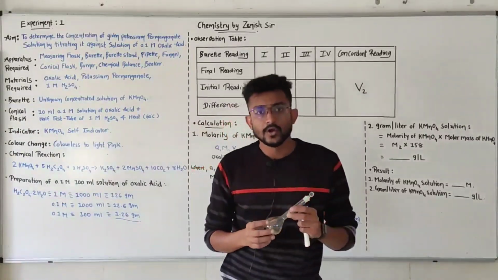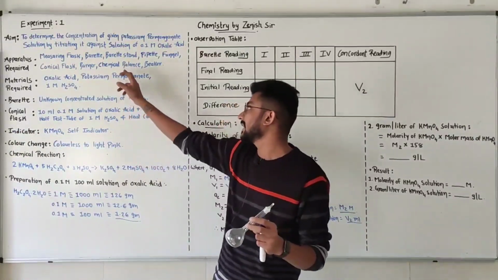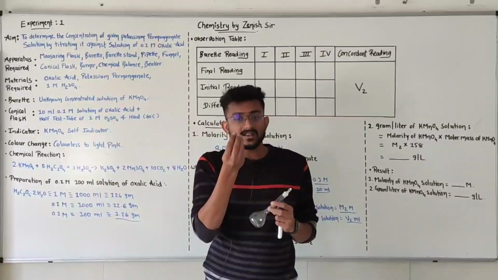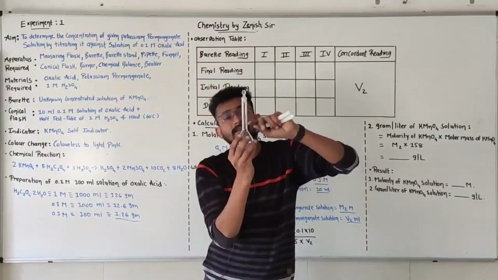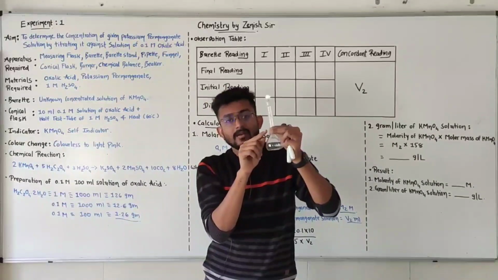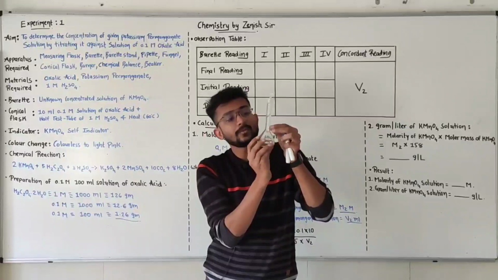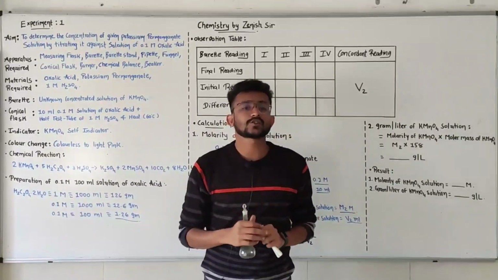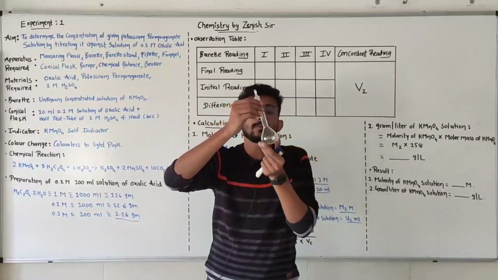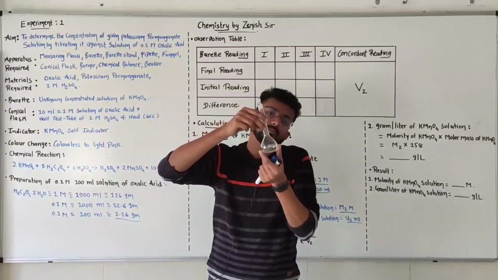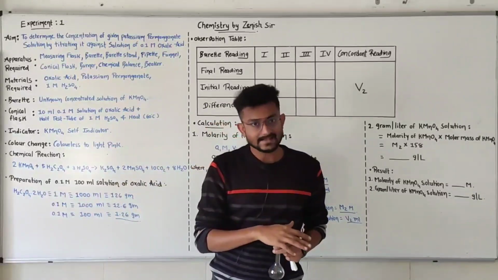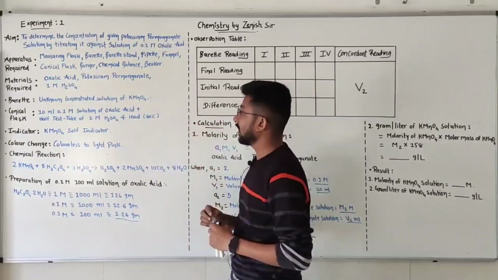So as I told you, we will weigh in the chemical balance exactly what amount of oxalic acid we need. We will dissolve it in some of the water, we will transfer it in, and here there is a mark. We will add water up to this mark and we will mix it, make it homogeneous, and that would be your 100 ml 0.1 molar solution. So this is your measuring flask where we are going to measure volume and make solution of oxalic acid. So that was all your apparatus.